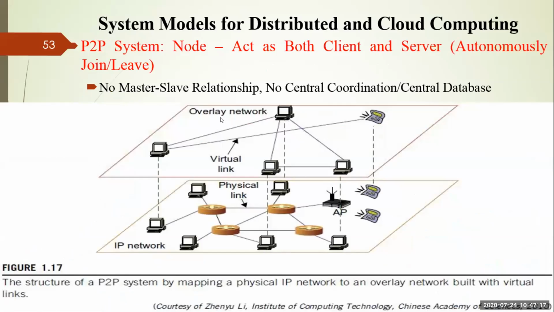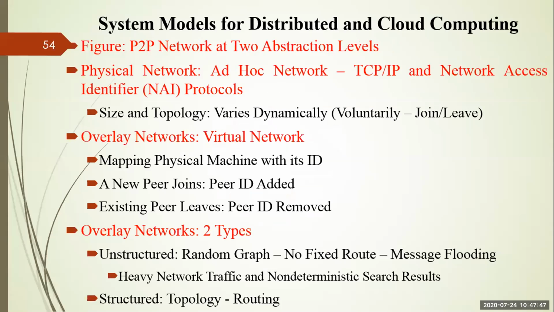So what does the overlay network say, and how is it different from the IP network? For example, I want to compute using these 5 handheld devices or these 5 computer systems. So I will only take these 5 systems, establish a virtual link in the overlay network, and provide the service. So there is no need to connect all the computer systems in order, as is done in the IP network, to provide the services. So overlay networks take selected nodes and create virtual links to provide the services. So this is the figure: the P2P network is divided into two layers. One is your IP network layer, another is your overlay network layer, right?